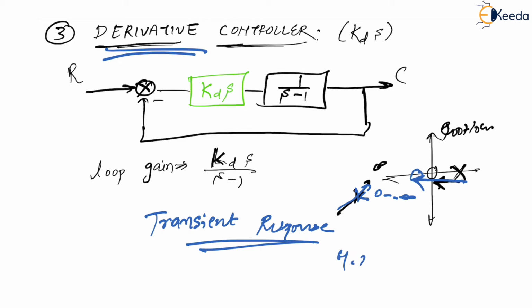Transient response in the sense what? Percentage Mp, Tp, Tr, Td, everything is going to reduce. Getting my point? Yes. Now, what happens here is,